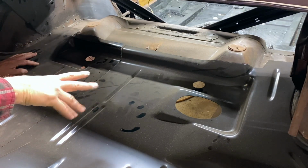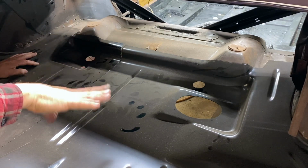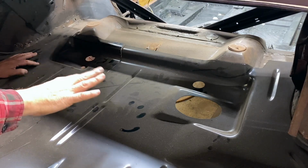And I remember that from way back in the 80s when I would buy that stuff. They were slip over panels. You put them over the original and you welded them on. So they were just always just a little bit bigger. But anyway,